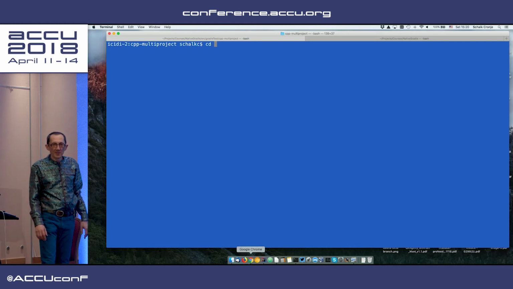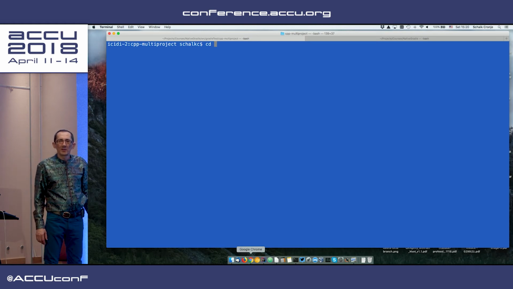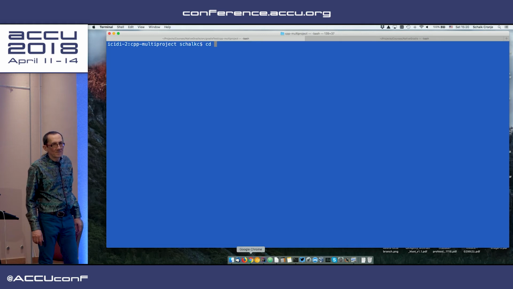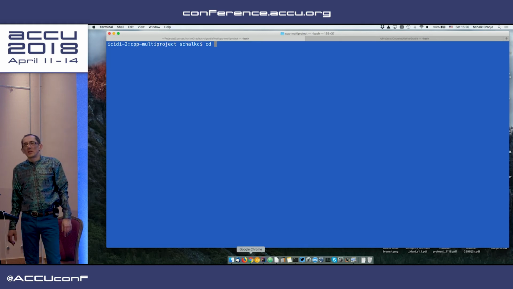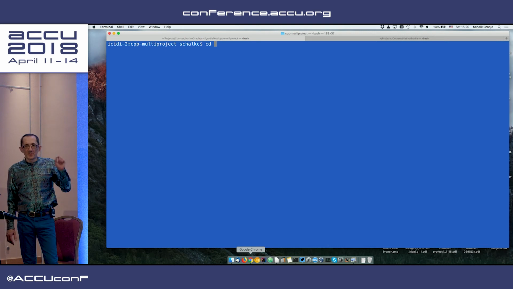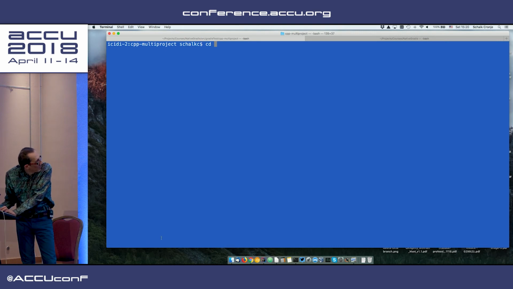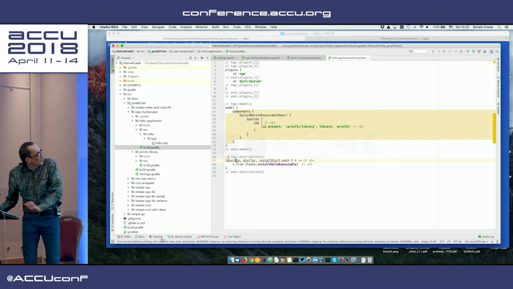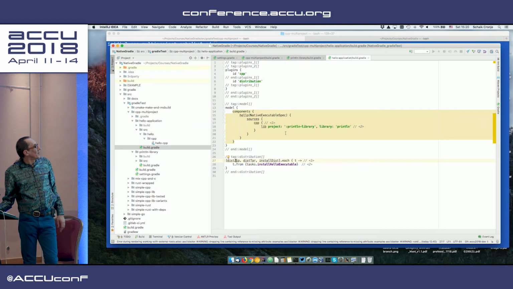Suppose your code depended on a third-party shared library. How would you include that in your distribution? It should pick it up if you specified it in the same way. If we go back to the code, of course you want to package it as well, right? There's more than one way to do this. If we go back to our original project we did with the testing,